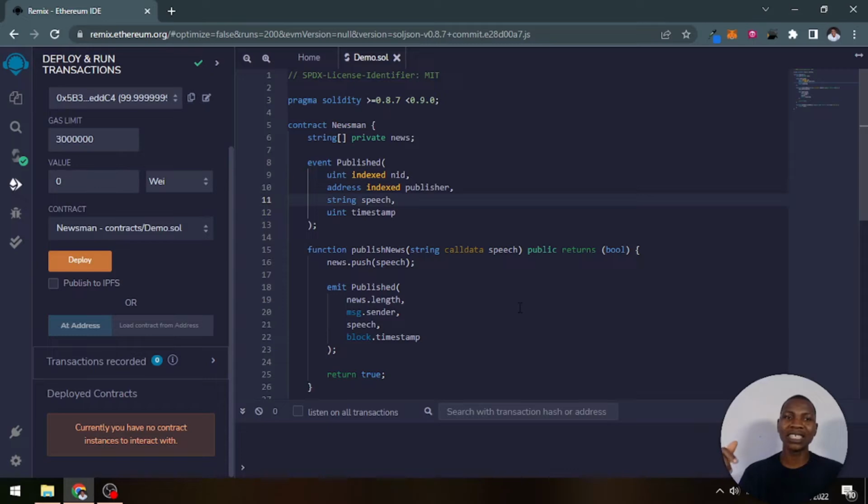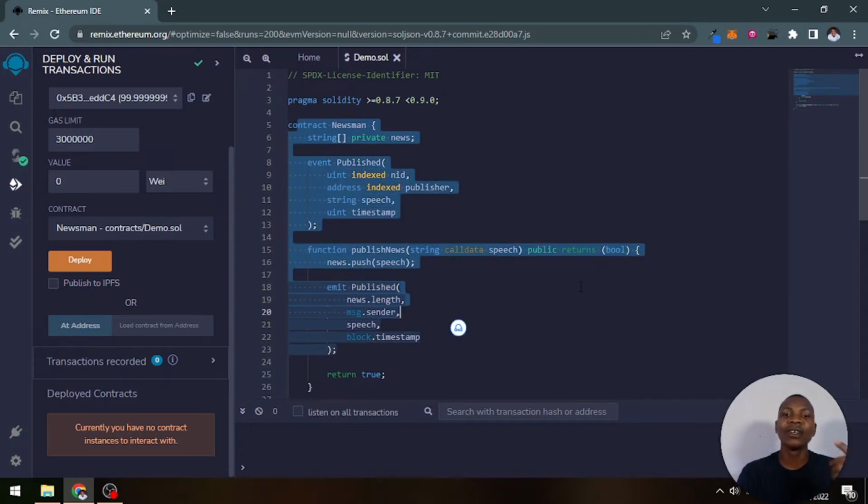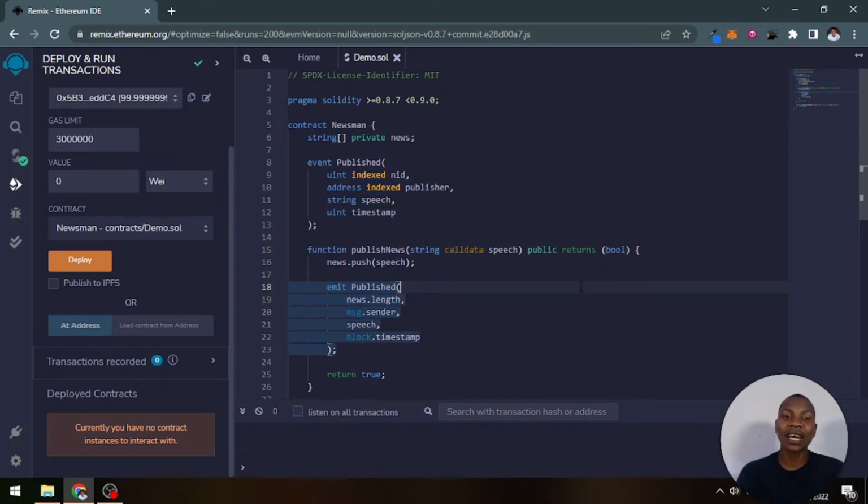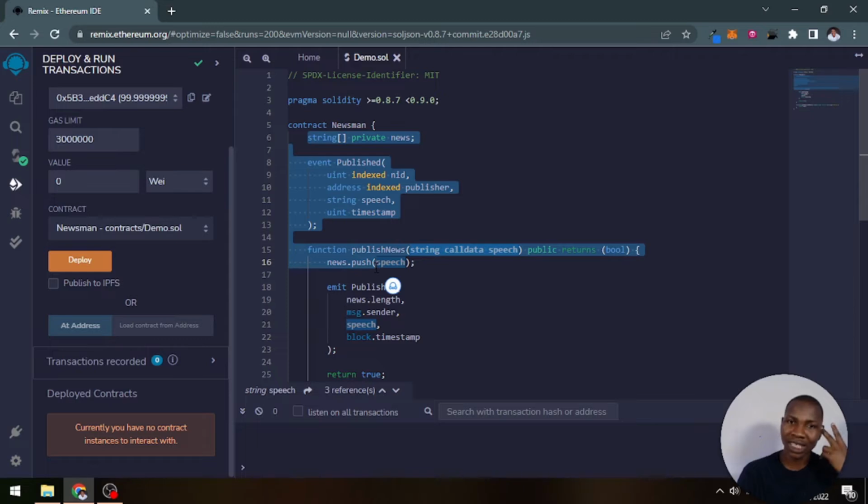The bytecode is the machine executable version of what you just wrote in your smart contract. What you see here is in a high-level language. I could understand it, I could code it, but the machine will not understand it this way. It has to be compiled to a machine executable, machine understandable code. So that is what the bytecode is for,